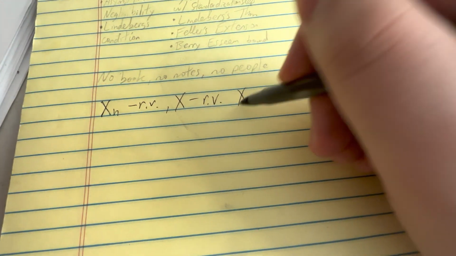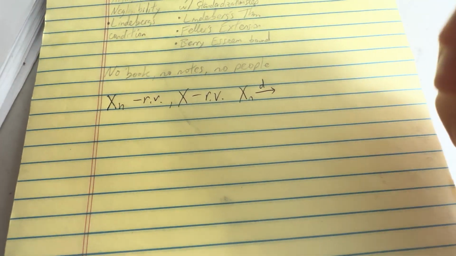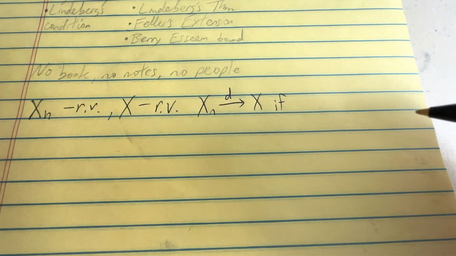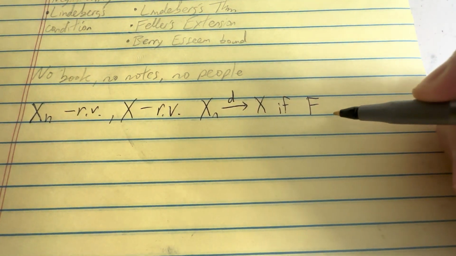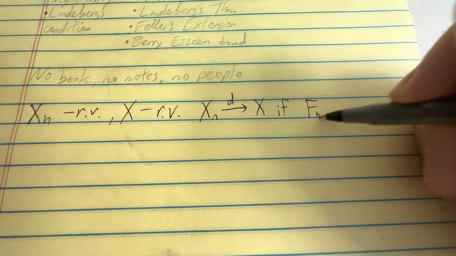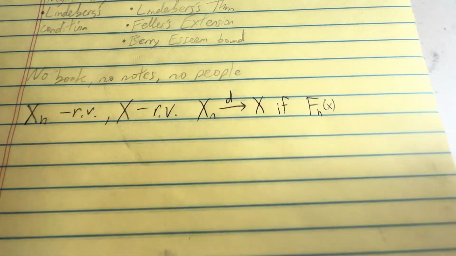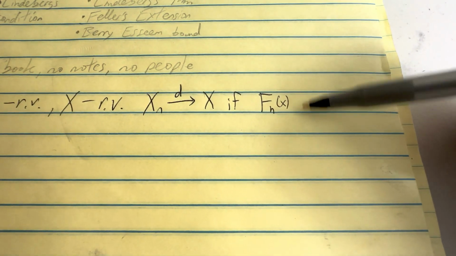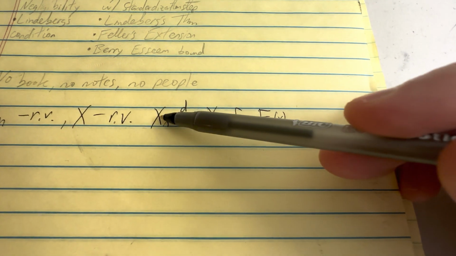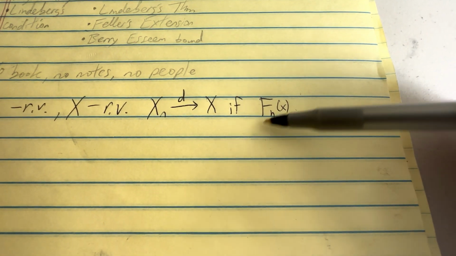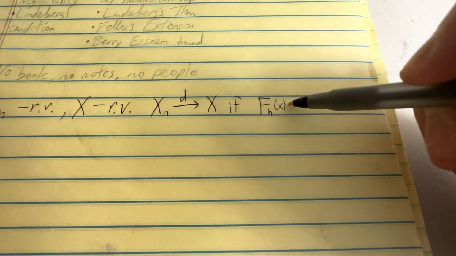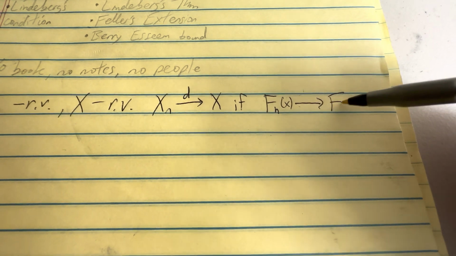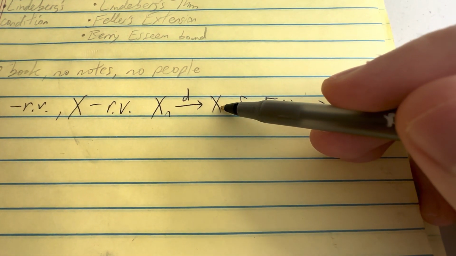Then Xn converges in distribution to X if the distribution functions Fn. So each Xn has its own distribution function, which I label Fn. And we say that sequence of functions converges to F, which is the distribution function for X,